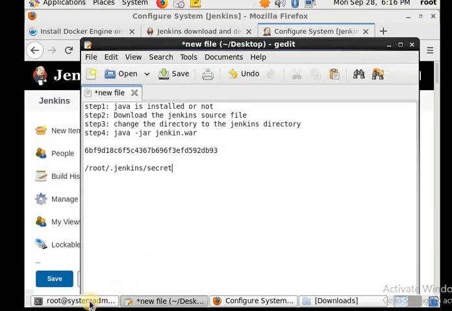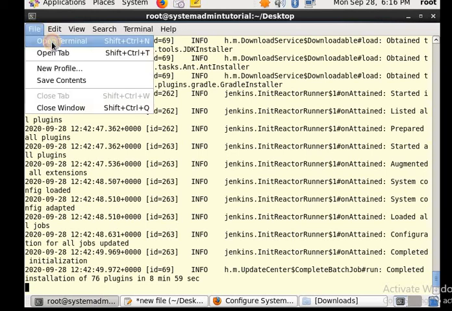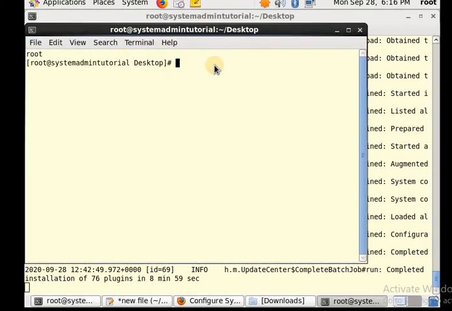So let's go to the terminal. Okay, this is the console. For this we will open a new terminal. Now you do one thing: go to the root user.